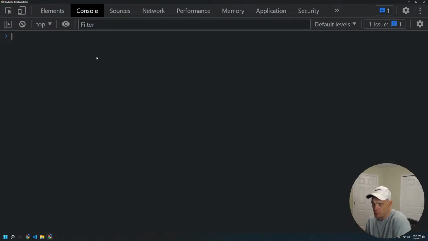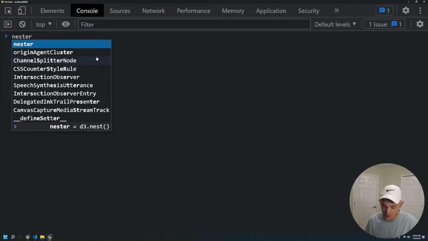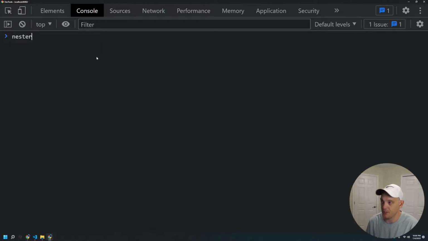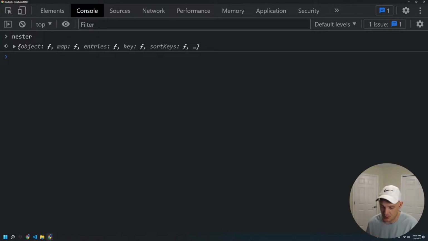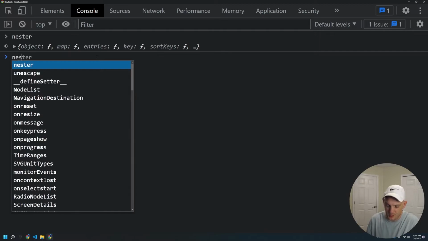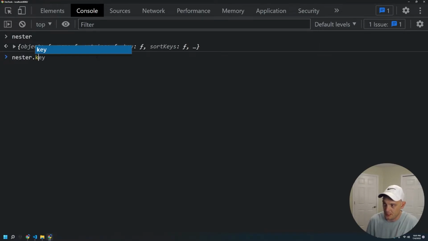So to do this, we created our nester object by calling d3.nest. The nester object contains these functions that we can use. So the first thing that we want to do is start adding these keys. These keys represent the order in which you want to group your objects. So the first thing that we would do is say nester.key,